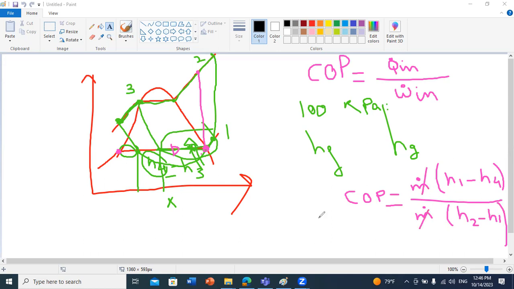Okay. Now, this same system can be used in HVAC applications. So I can give you an HVAC application in case of heating. If you want to heat your space, then the COP will be, instead of Q dot N, Q dot out. And then you will replace Q dot out by m dot times H2 minus H3 over m dot times H2 minus H1. Okay, so this same cycle can be used in several ways. And we can ask you also, for example, what can you suggest